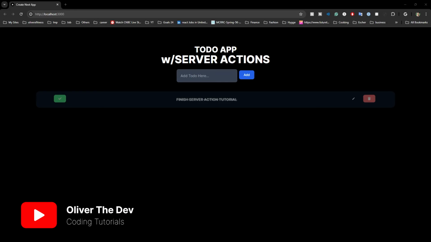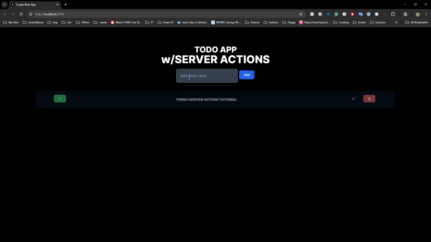In this tutorial, we're gonna build this beautiful to-do application with server actions in Next.js. And there's a couple of features we're gonna build. We're gonna build how to create a to-do application. For example, this we can do: learn